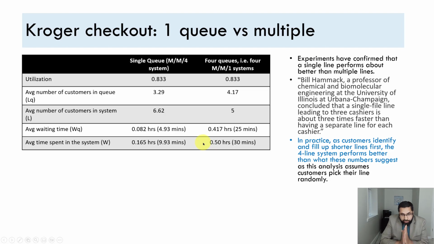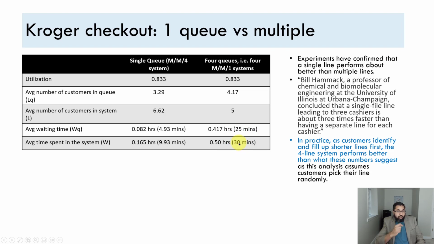Now look how different the two are. We have the same number of servers. We just changed the shape of the queue from being one queue serving 4 servers to 4 different queues. And look at the waiting time. Instead of waiting 5 minutes, people are having to wait 25 minutes. Instead of spending 10 minutes in the system, people are spending 3 times as much, or 30 minutes in the